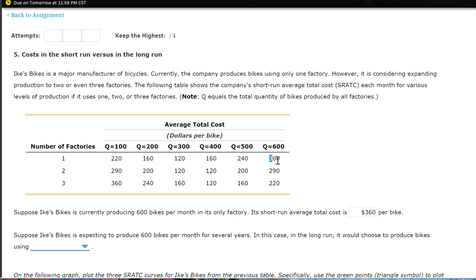So if you look at this table, this last column, when you produce 600 bicycles, if you use only one factory, this is not your total cost. This is your average total cost, so how much it costs to produce each bicycle. If you're using only one factory, your average total cost is 360 per bike. But if you use 2 factories, your average total cost is 290. And if you use 3 factories, your average total cost is only 220. So by using 3 factories, your average total cost is the cheapest among all 3 choices. So we're going to use 3